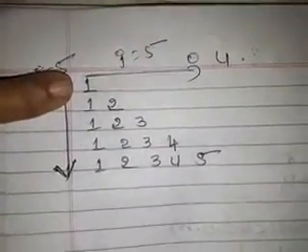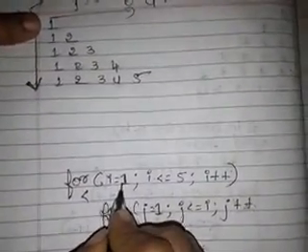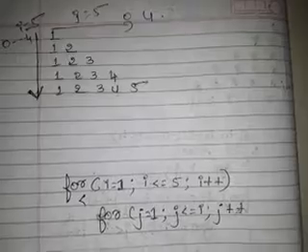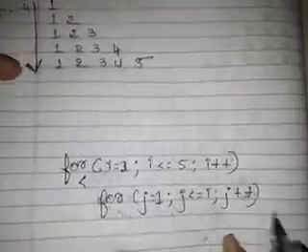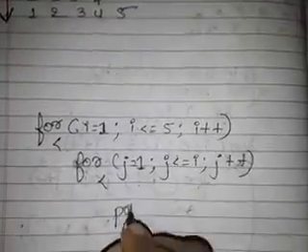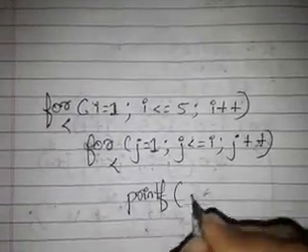You might question, Madam, why you have initialized with 1? You might question me. Earlier you have initialized with 0. The simple thing is, I have initialized with 1 because my pattern is starting with 1. It is easy for me to print. That is the only reason. Otherwise, you can initialize with 0. If you initialize with 0, while printing, you need to take j plus 1. That is the only difference. Okay, that's why the logic of the program differs from one programmer to another programmer.